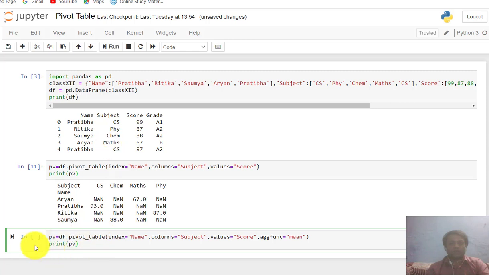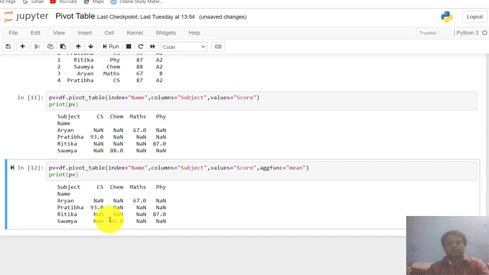So now run this. You see here it is just like that table. Clear? Because this table is also executing the mean operation by default, and here you see this is also performing the mean operation. So according to that function it is executing as it is.